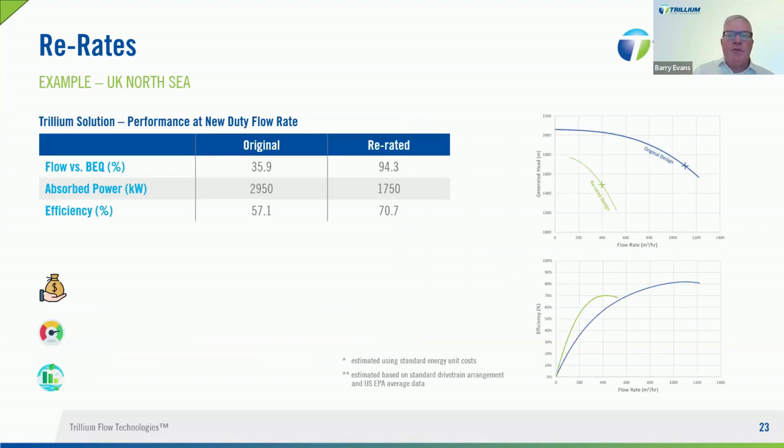So if I sum up on the slide, the results of the re-rate from the case study to match the new duty flow rate. In this case, the pump is now running at 94.3% of the best efficiency flow, compared to throttling back at the point where it was at 36% in the original hydraulics, which is well outside the desired operating range. And significantly, the efficiency at the duty point was moved from 57% to